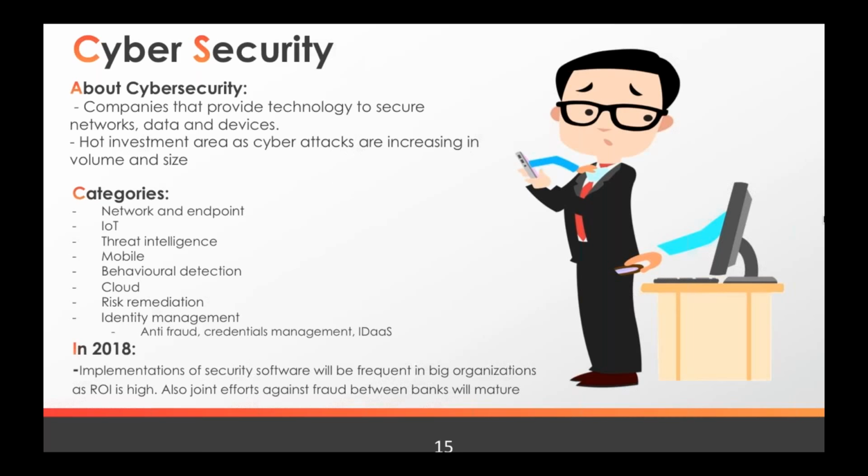I think one of the things that we really need is consolidation of the offering. Because if you look at the different categories that I'm listing there, there are market leaders in each of these 8, 9 categories. So what we need is a solution that can cover many things at the same time. So if you need to protect your network, but then you have devices, so you need a solution for the Internet of Things, and then for mobile, and then for cloud computing, and then for identity management. It's quite crucial that we find a provider that can deal with all of these things at the same time.